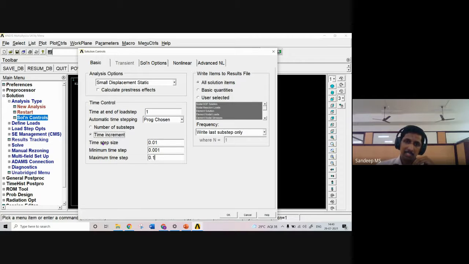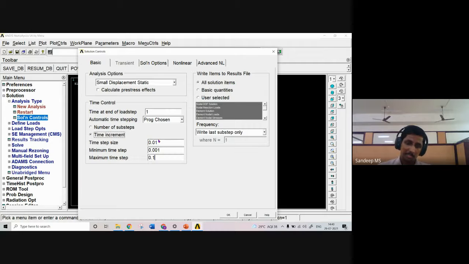In the very first stage, the time value will be 0.01, the value that we have given. And at that time, the total load we will be defining as 1000 kilonewton. So what is the value corresponding to 0.01 into 1000? That much load will be applied on the structure, and it will check for convergence. If it is converging, the time will be increased to 0.01 plus 0.01. And that factor will be multiplied with the total applied load, in our case 1000 kilonewton. The value which we obtain will be applied as the load on the beam.